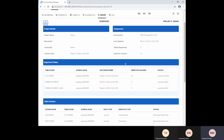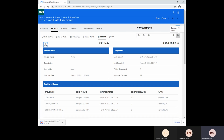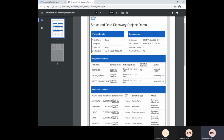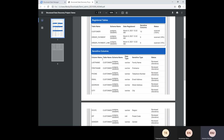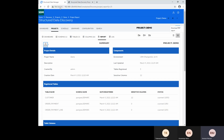If we want to keep our report safe, we can also download the report in the form of HTML or PDF. Let's give an example. I want to download it as a PDF. I downloaded it. Let's open it and find out what's happening in this report. This is the report. Same thing happened. Demo, project name, created by admin, date, register table, it's 3. Sensitive information found. This is the information. Then let's go back